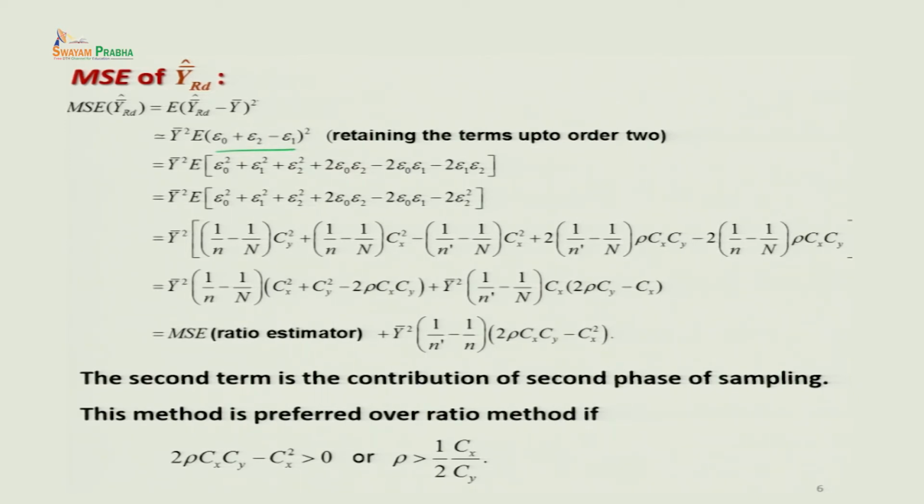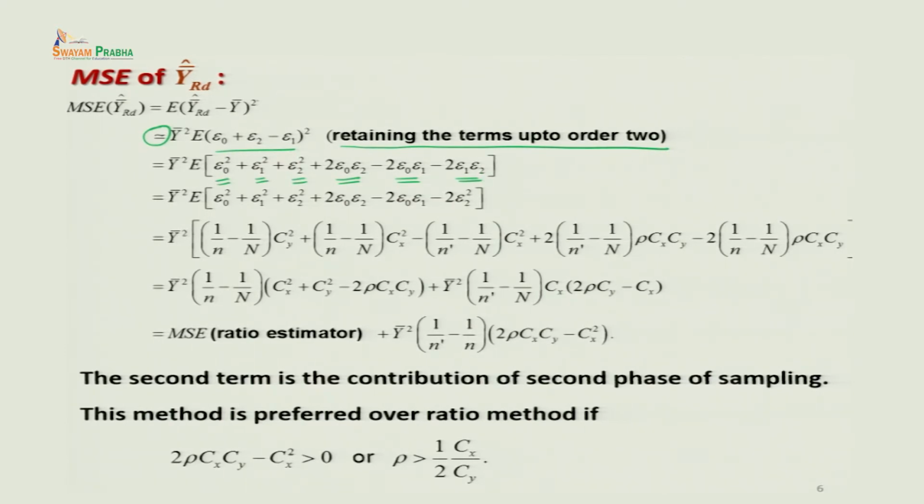So, this is the approximate value of the square of the estimation error of this ratio estimator under the double sampling, and this has been obtained after ignoring all the terms which have orders or powers more than 2. So, if you try to expand it, this will come out to be epsilon 0 square, epsilon 1 square, epsilon 2 square, epsilon 0 epsilon 2, epsilon 0 epsilon 1 and epsilon 1 epsilon 2,